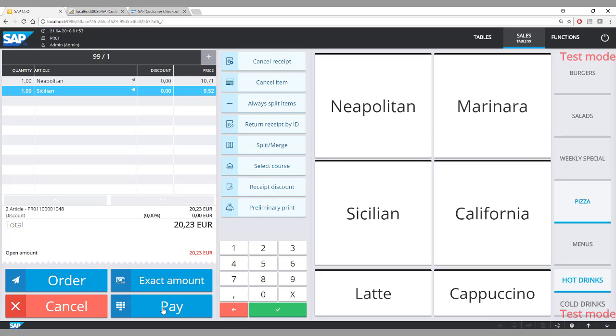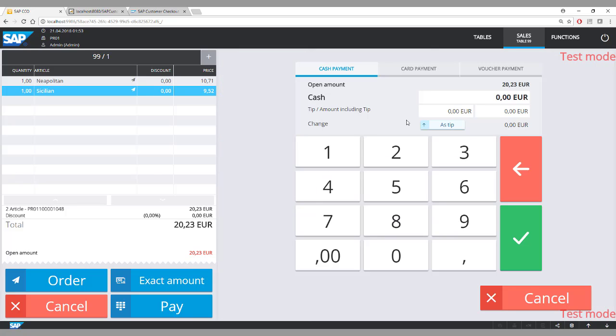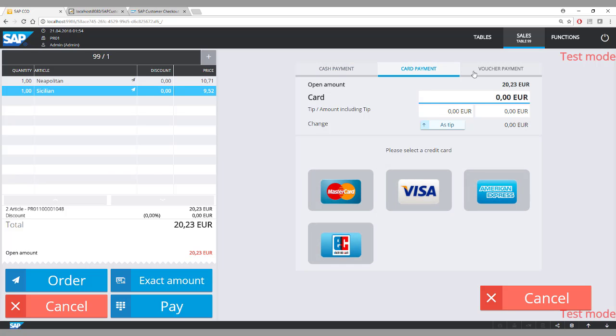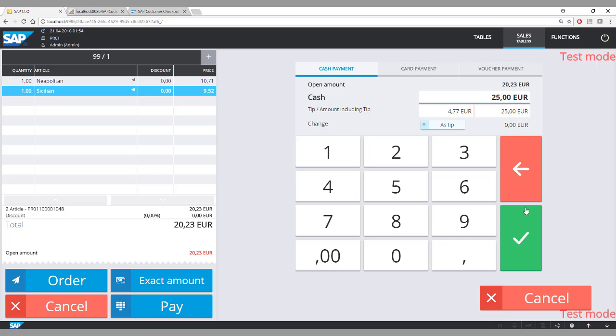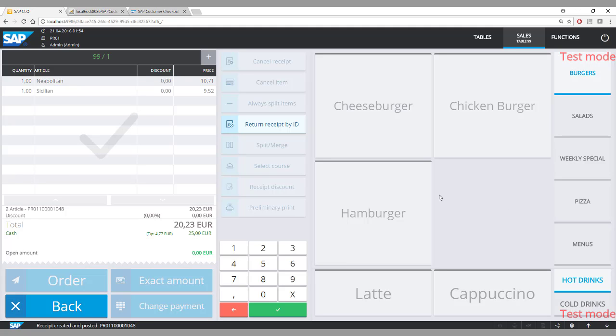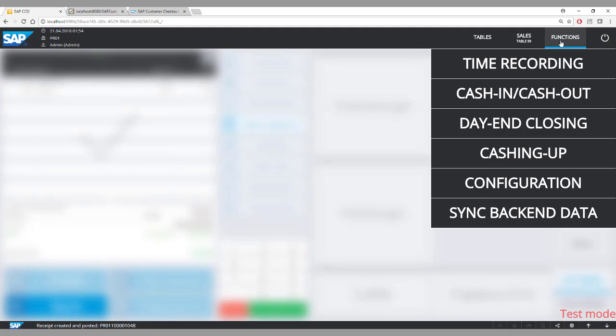And let's say the customer wants to pay. And here, as you can see, the screen is already looking a bit different. And now there is a possibility to enter also the tip amount. Let's say the customer pays 25 euro and says that the rest of the amount, 4 euro and 77, is tip. This tip you can enter for cash, but you can also enter the tip for card or for voucher. Okay, so I will make this as tip payment, and to keep it simple, I will immediately start day end